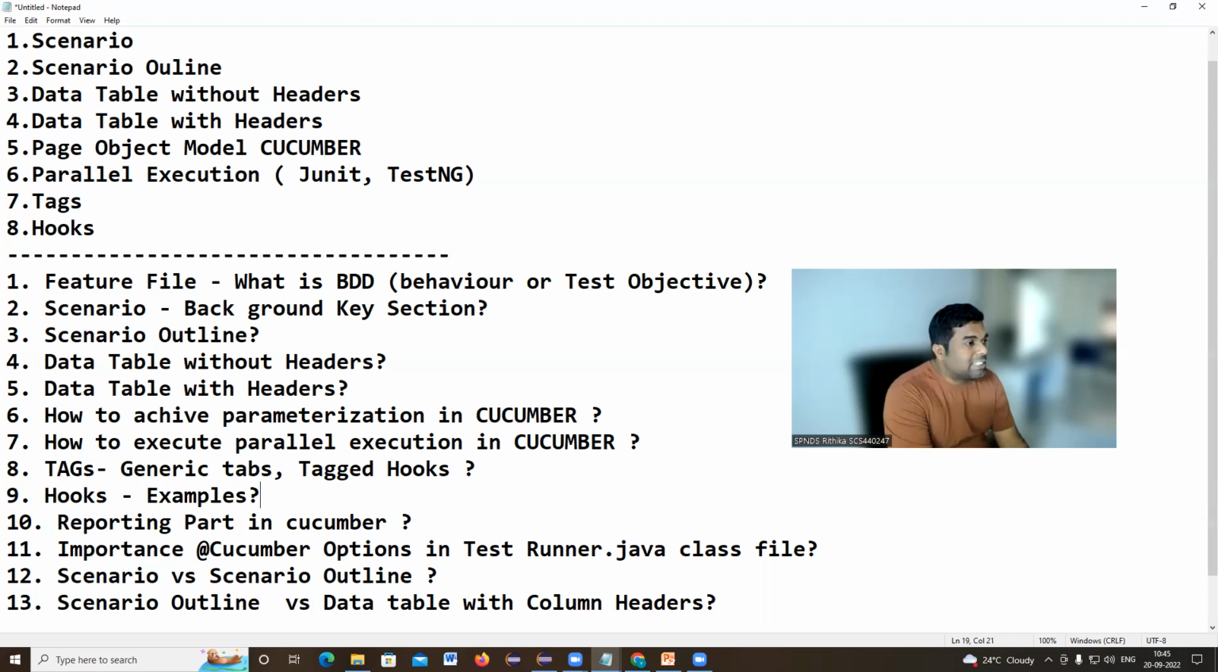Okay, now let's discuss the questions. So first question, what is BDD? This is the question people are asking. Behavior driven development. Okay, everyone will tell this thing. After that, immediately,